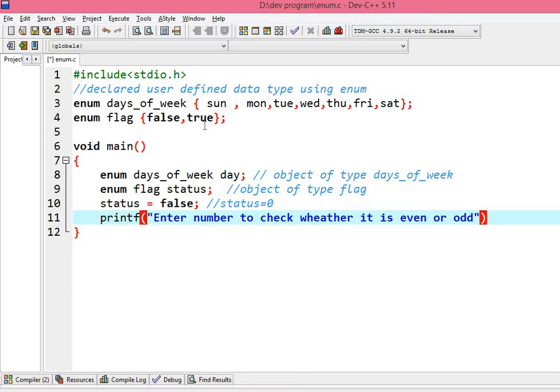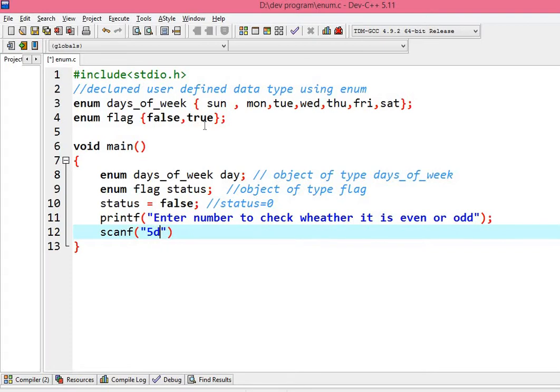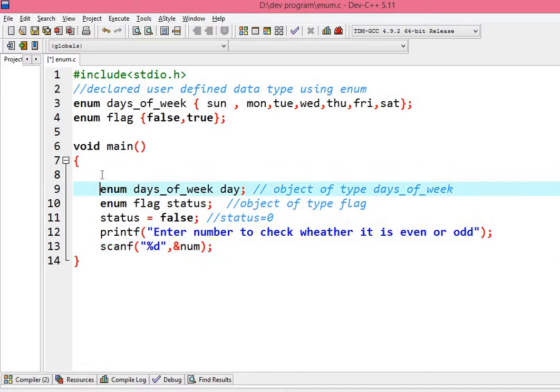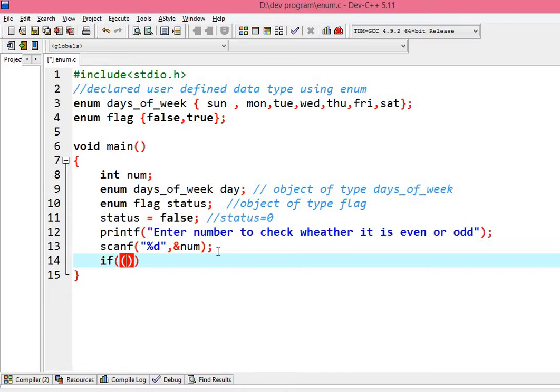Obviously I need to declare one variable first, then only I can use it, that is num. So let me declare the variable int num. The user has inputted this value. Now what will I do? I will put one condition over here. I will find the modulo of this number with 2.